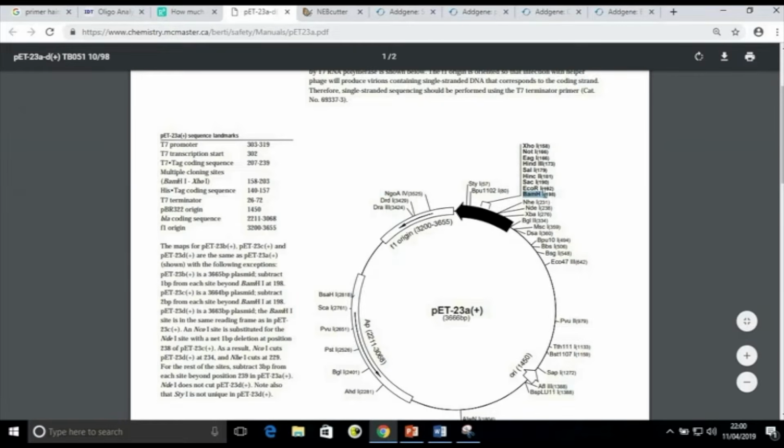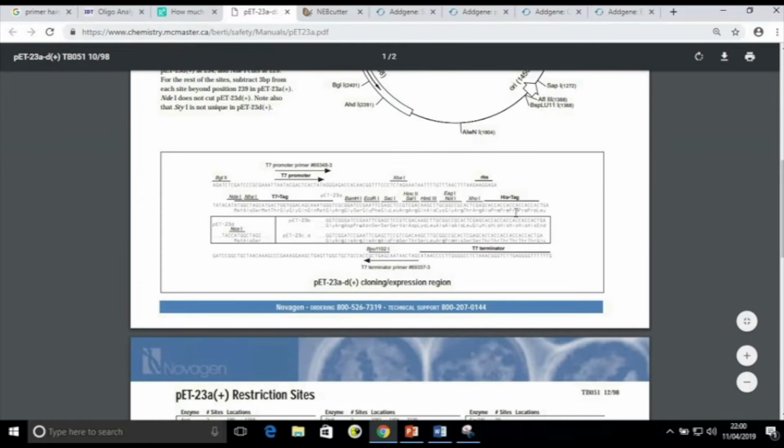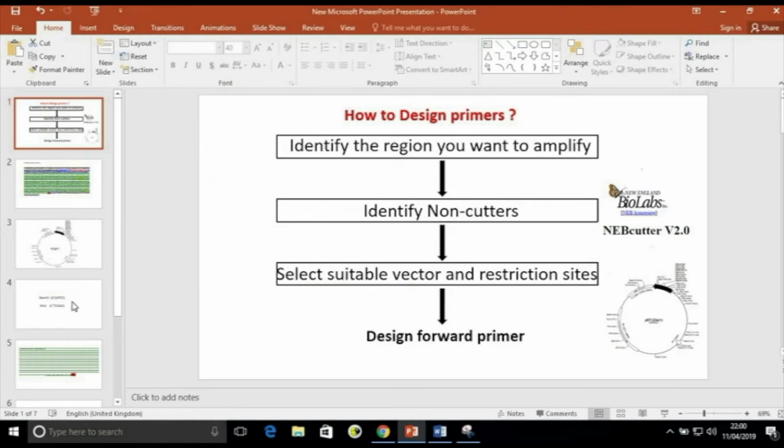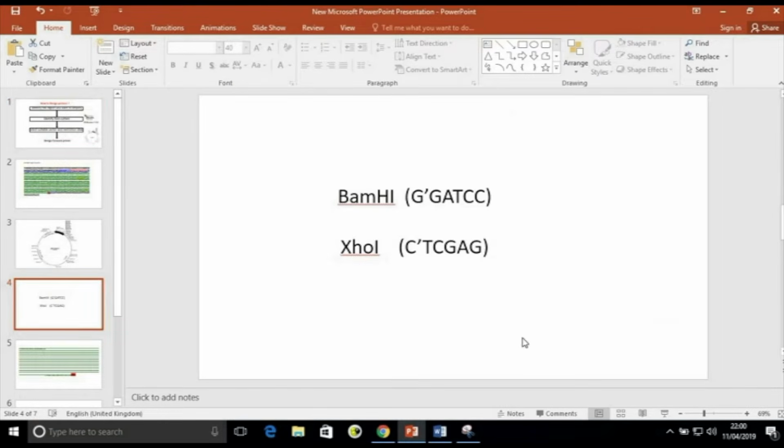So I can use BamHI in the forward primer and XhoI in the reverse primer. This is the detailed map. I have identified two restriction enzymes, BamHI and XhoI, which I can use in the forward primer and reverse primer.